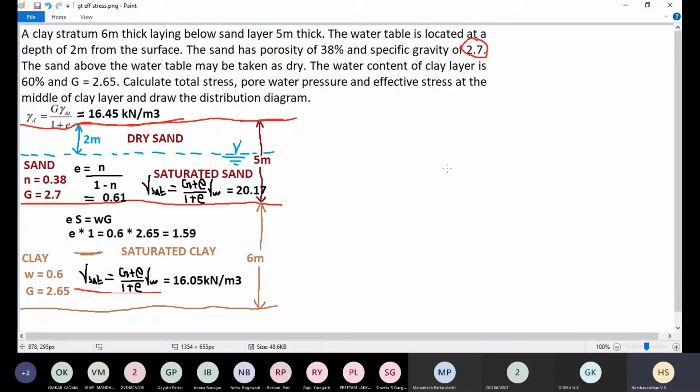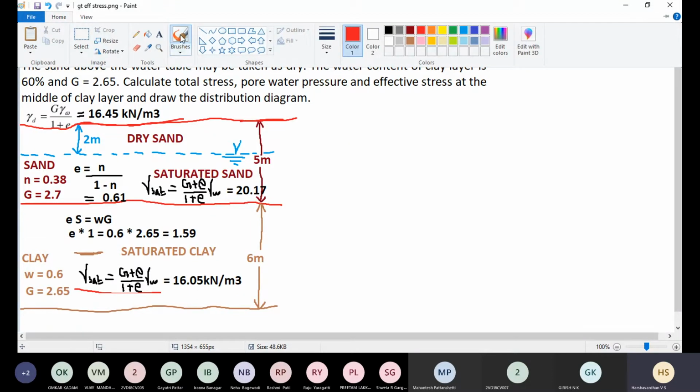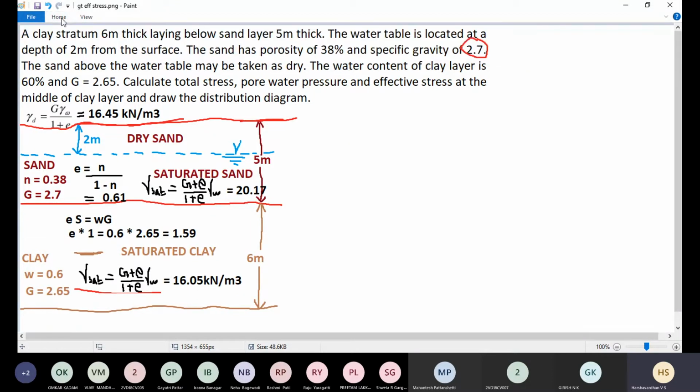Okay, we'll start the problem now. I will continue where we left off in the previous class. So first, we have to draw